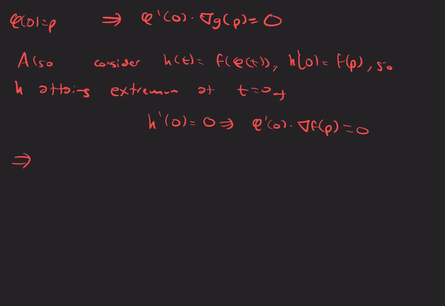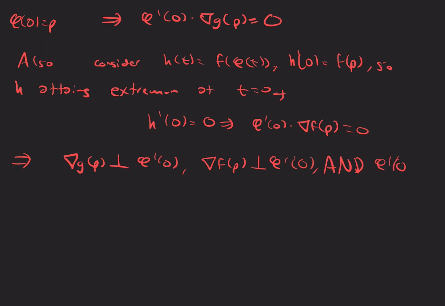So basically the gradient of g of p is orthogonal to phi prime of 0, and the gradient of f of p is orthogonal to phi prime of 0. And phi prime of 0 is non-zero. That's important, because if phi prime of 0 is 0, then of course the dot product is trivially zero. But since it's non-zero,